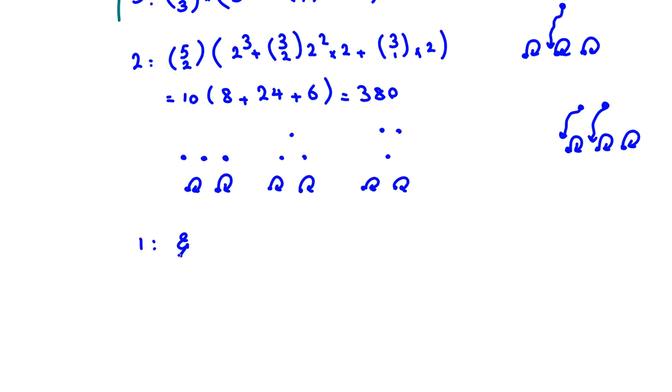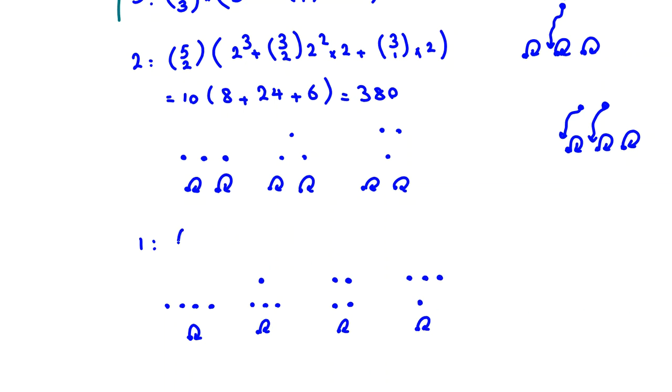Okay, let's try. If we have one loop, then in the second row we have 4 elements, 1, 2, 3, 4. Or we can have 3 in the second row, 1 in the third row. Or we can have 2 in the second row, 2 in the first row, or we can have 1 in the second row,